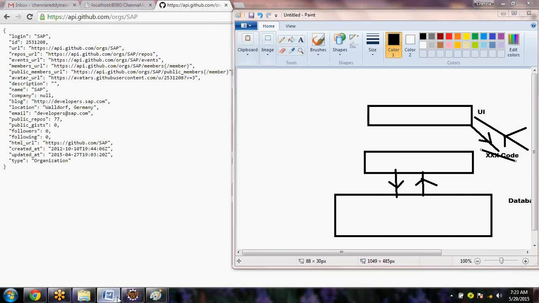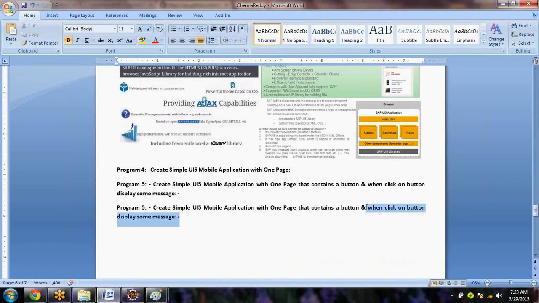So the requirement is what? Write a simple application that will have a button. When clicking on the button, display a message, full stop. Also, have a button created with an image and some URL.